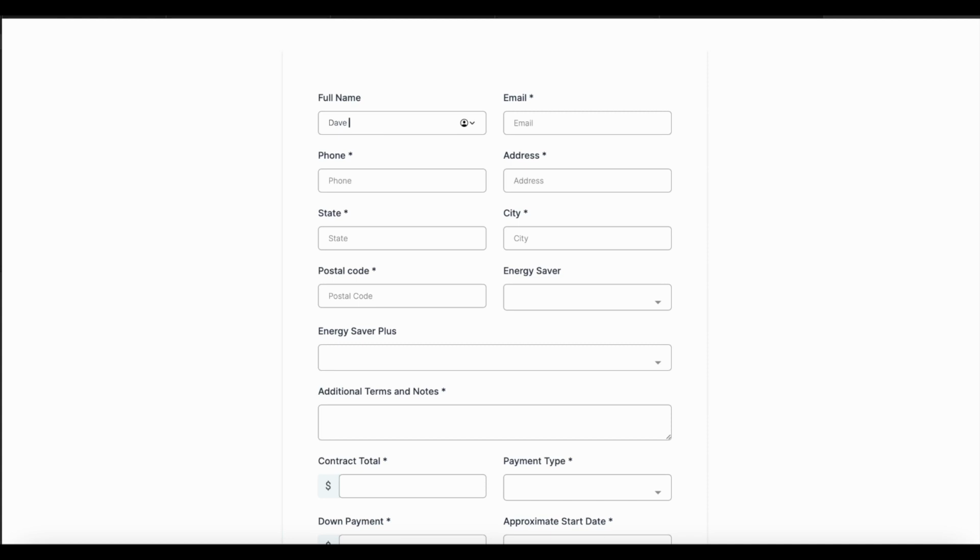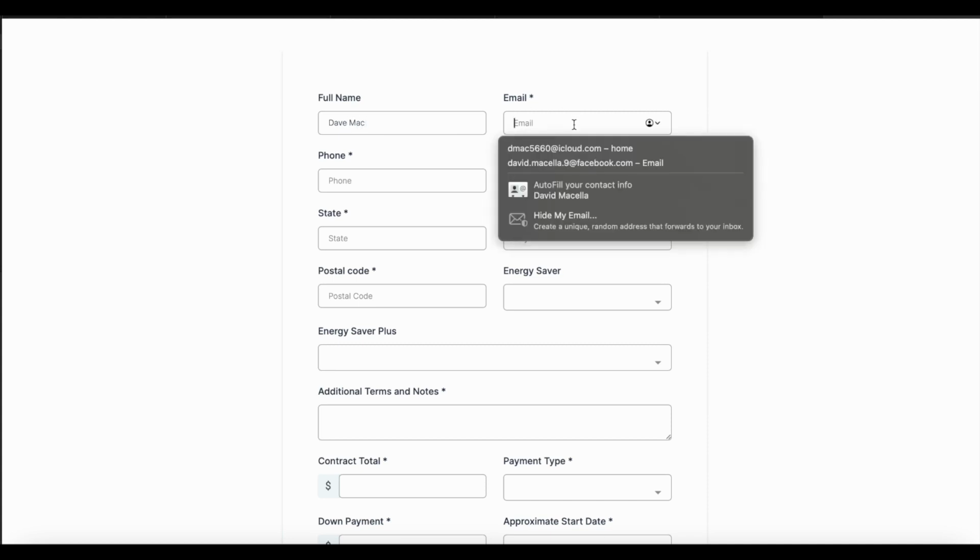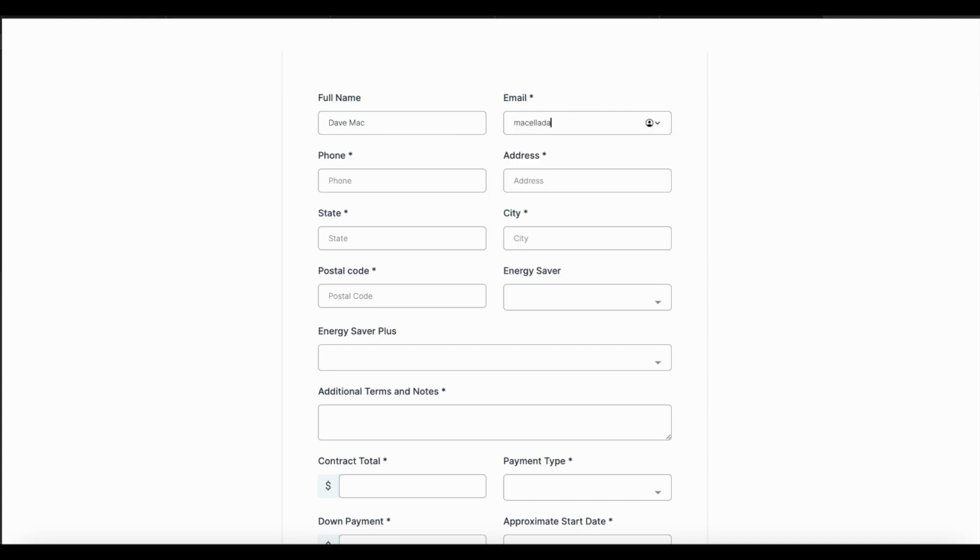All right, now that we have that email set up, we're going to go in here and fill out the form. So I'm going to create a shortened version of myself and use my second email address to go ahead and fill this out. So after I hit submit on this, it'll send it to the email address that I have listed up there. None of this is actual real information. As you can see, the phone number is